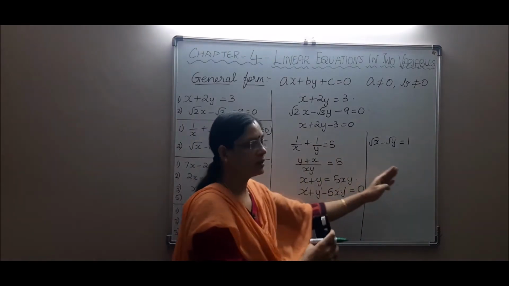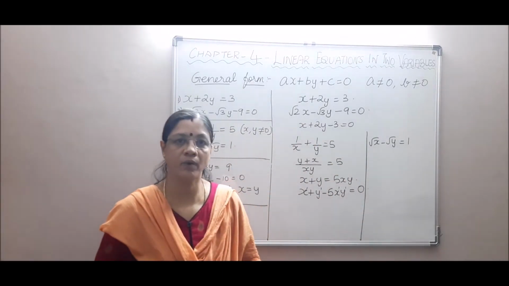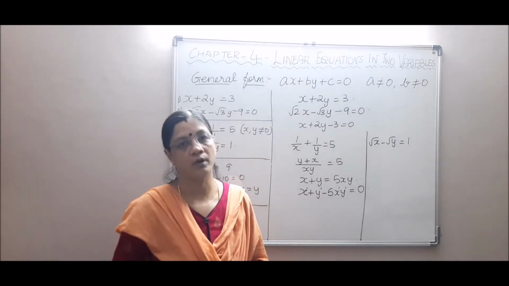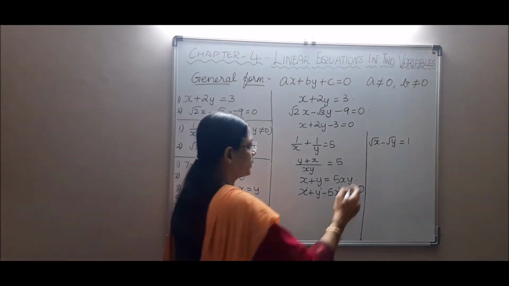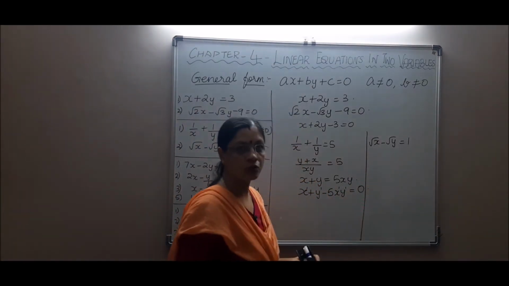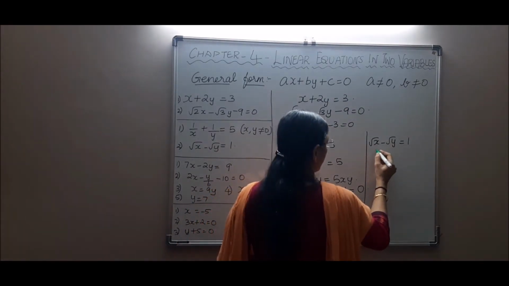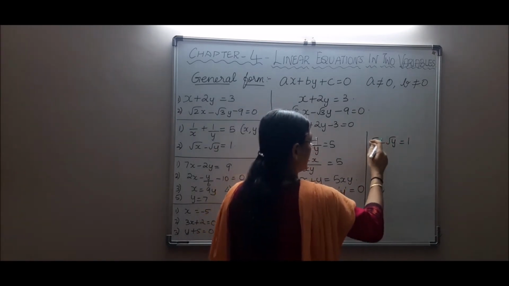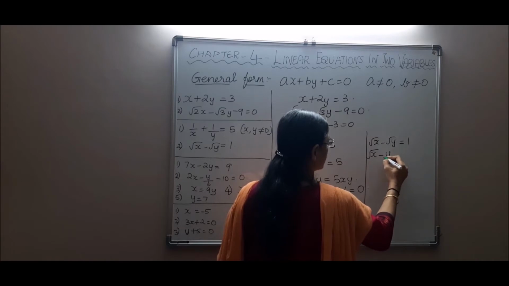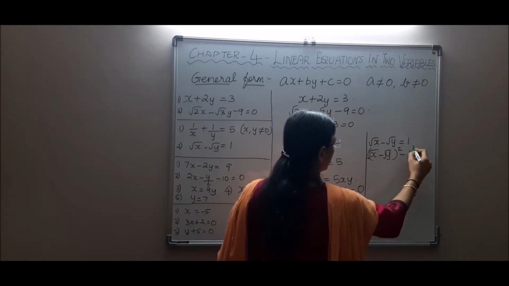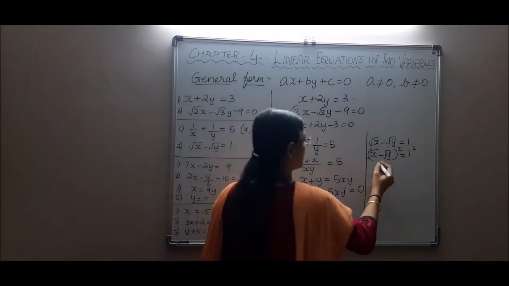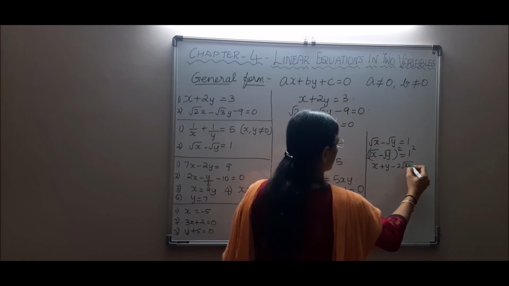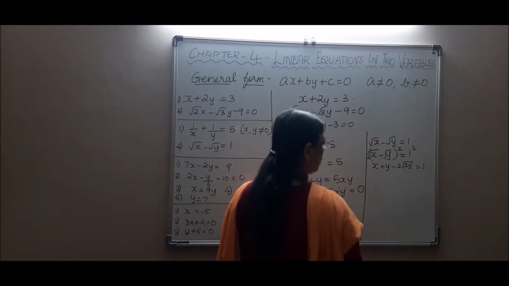After doing this, we'll devise some criteria for which is a linear equation and which formats do not fall under the linear equations type. Okay. So now root x minus root y is equal to 1. To remove the roots, what I do is I square both sides. So I get root x into root x, that is, this becomes x, minus, a minus b the whole squared when I square both sides. So I get x plus y minus 2 root xy is equal to 1.